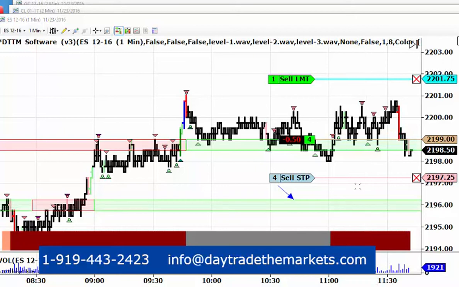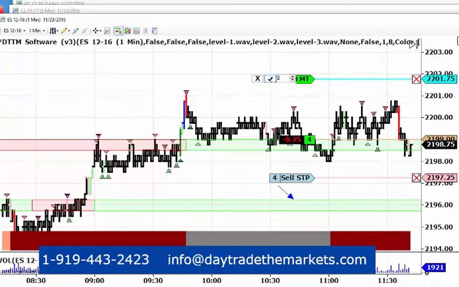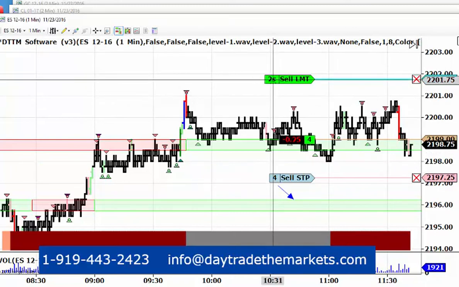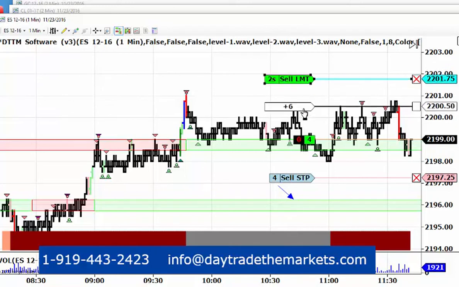Okay, just started back up again. It has dipped and filled us with the other 2 contracts, so we're now long 4 contracts at 2199. What I'm going to do now is change this to 2 contracts up here. Being long at 2199, I'm going to bring this one down to